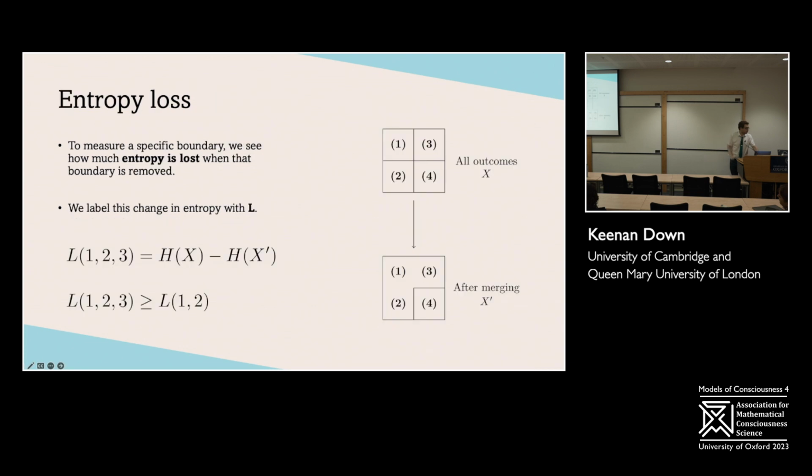Okay, cool. So actually building the measure, the way we do this, not too complicated, we think about how much information a variable has, and then we think about how much information it lost if we suddenly stopped being able to see the difference between things. So if 1, 2, and 3 are things I can all discern between, different shapes maybe, and then suddenly I lose the ability to tell them apart, how much entropy has that system lost? That's what we're labeling this L, this entropy loss measure, and we're going to use it to build our actual measure.